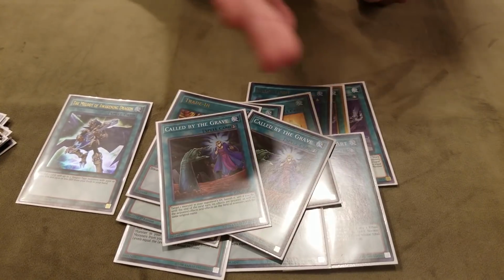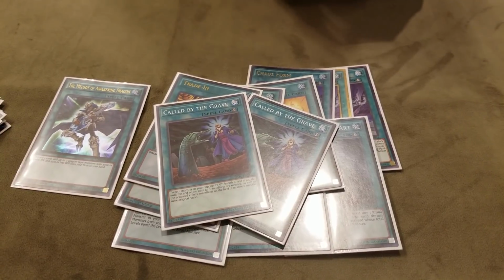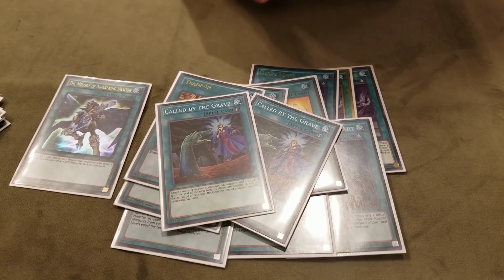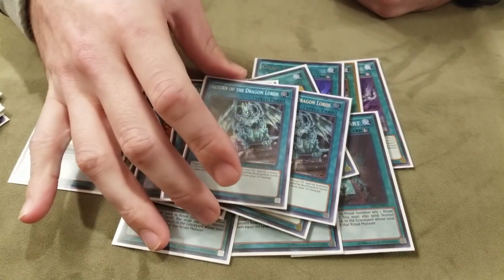But if you open up the rituals, the ritual spells in particular, it's not bad. Plus, you always get that first search off of Droll anyway. Yeah. And if you can make it count, it's pretty good. 2 Return. I kind of like this. It is a little clunky, and I was thinking about cutting it, but